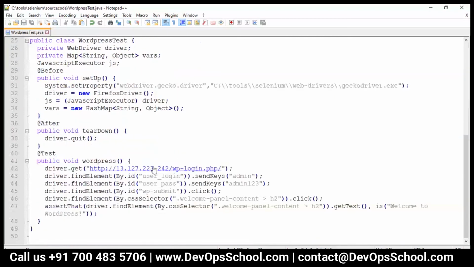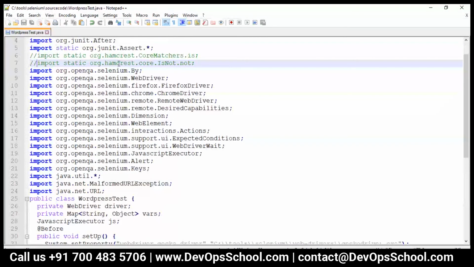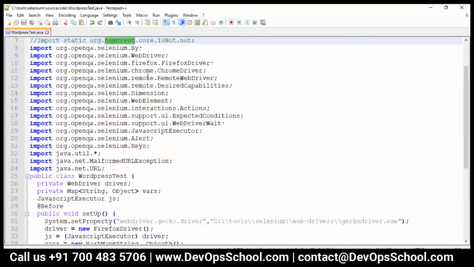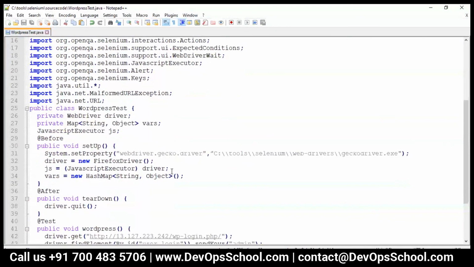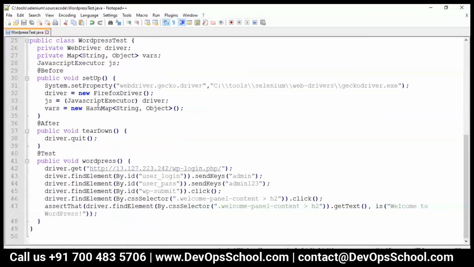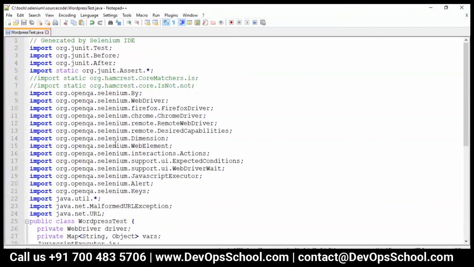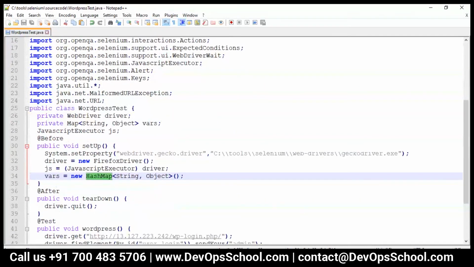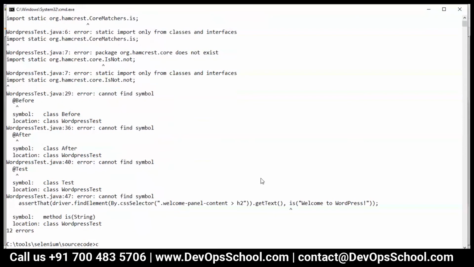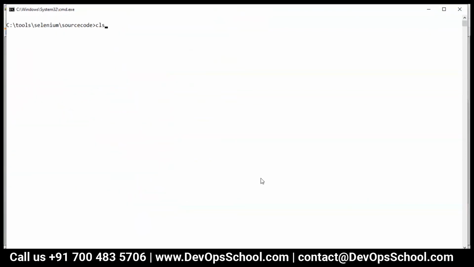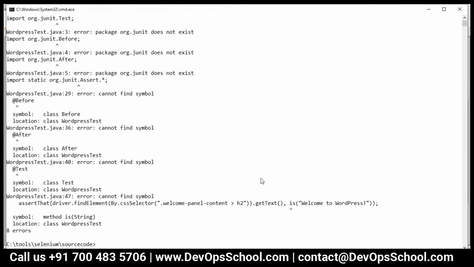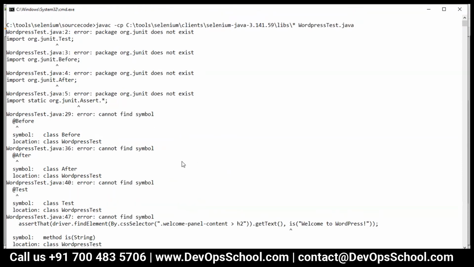Okay. Because am I using it somewhere? Hamcrest is not core. HashMap is coming from where? Let's check it out. We'll get to know if it is being used or not. Else we'll have to download it. It's being used somewhere in the line number. Okay, this is a different error, by the way. This is a different error.